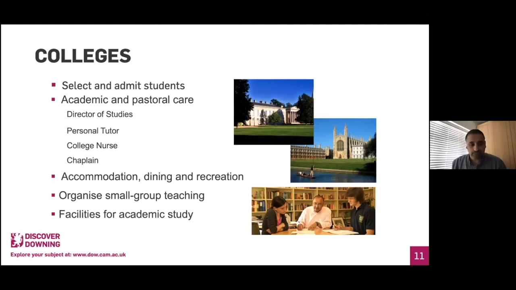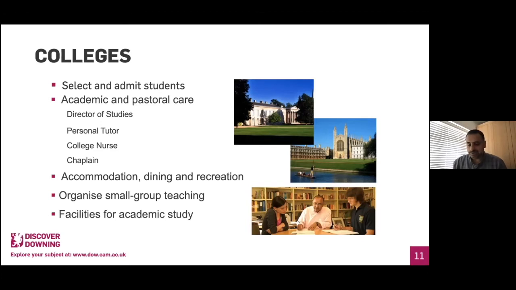As well as that, every college will have a college nurse, who is there to provide medical advice to any students, available to come and talk to throughout the week, and normally they have walk-in clinics that they arrange within the college for students to attend. And one other thing you'll find at every college, there is a chapel and there is a chaplain. The chaplain's role is to help bring the student community together and to provide general care, support and advice for students whilst they're studying here at the university.